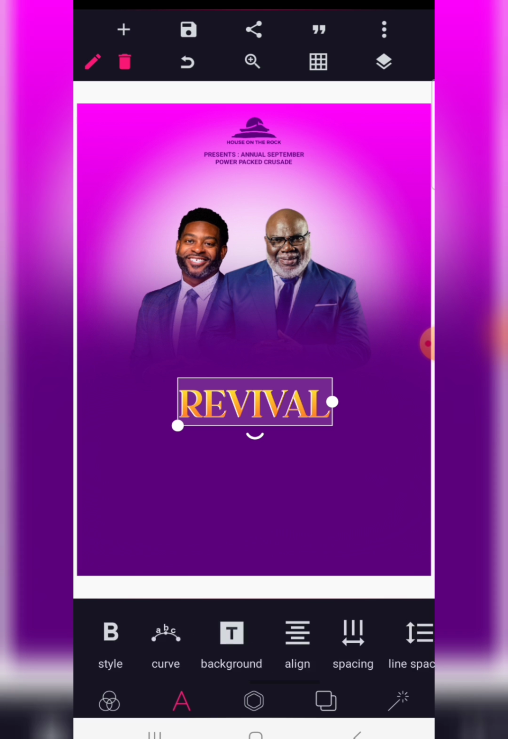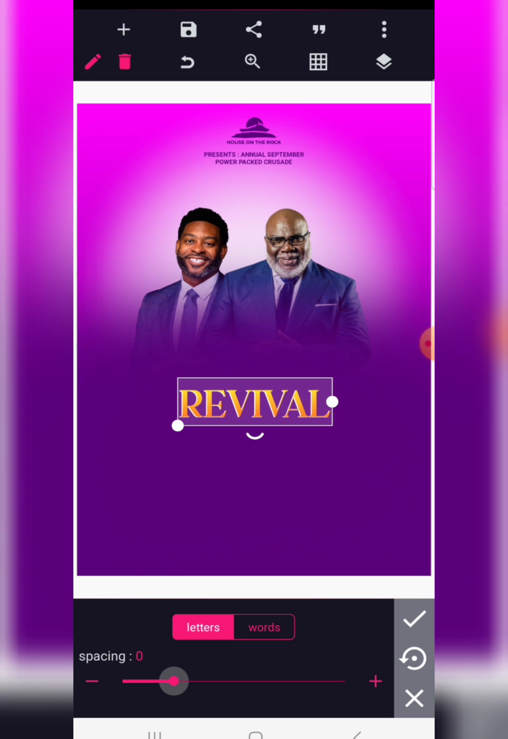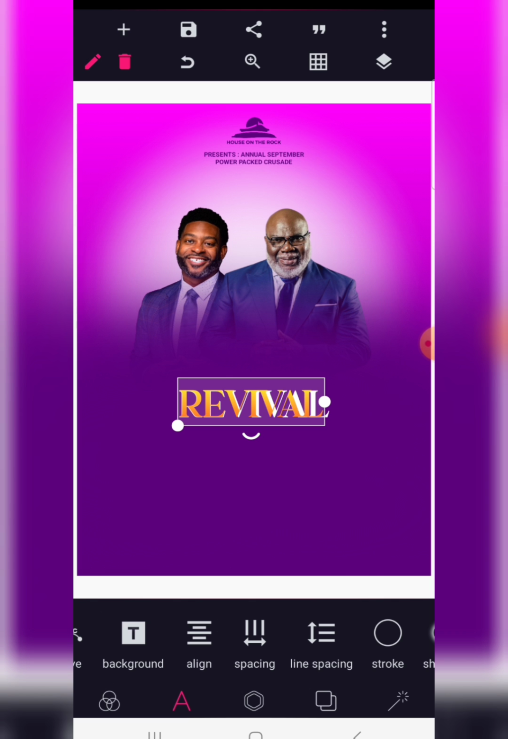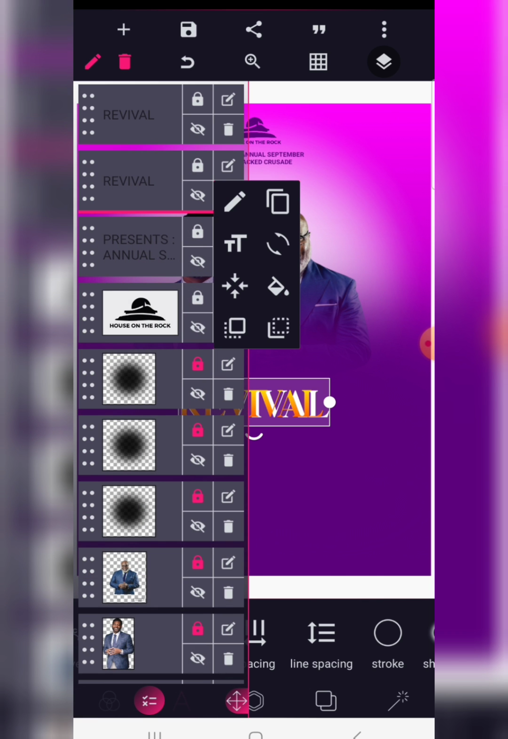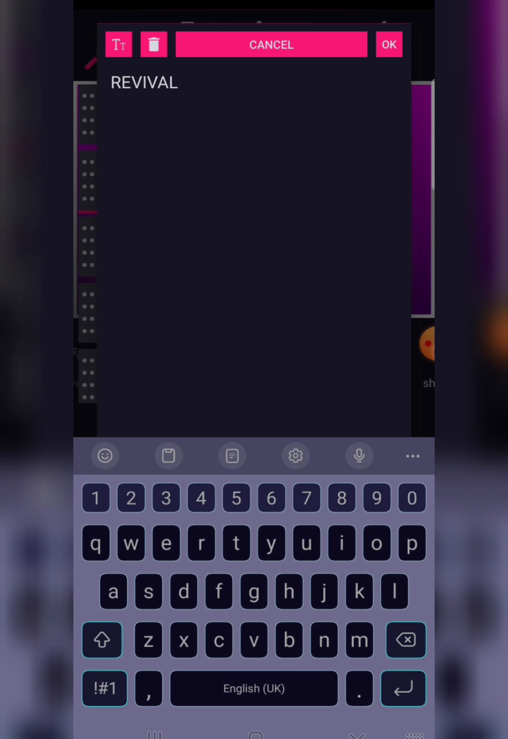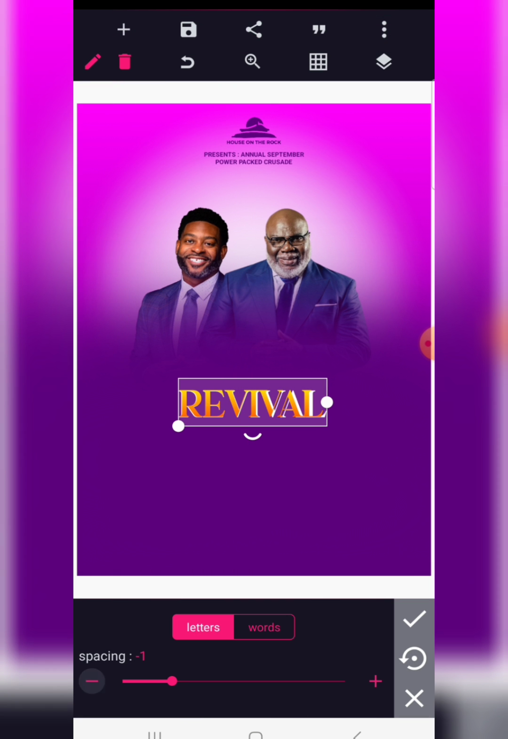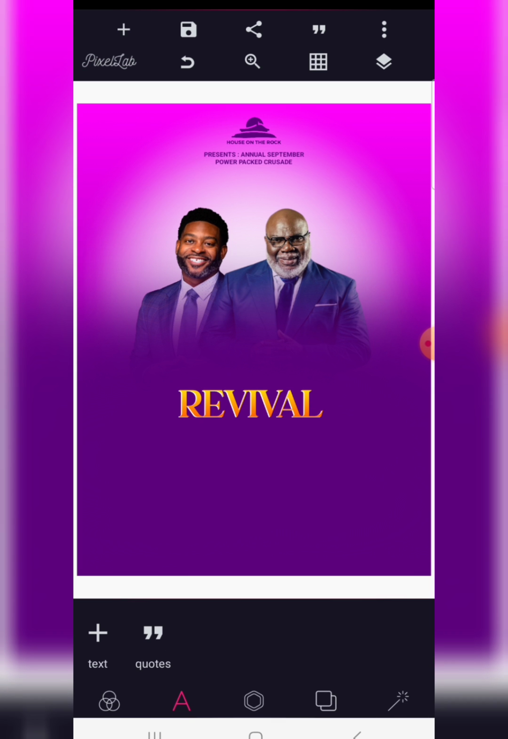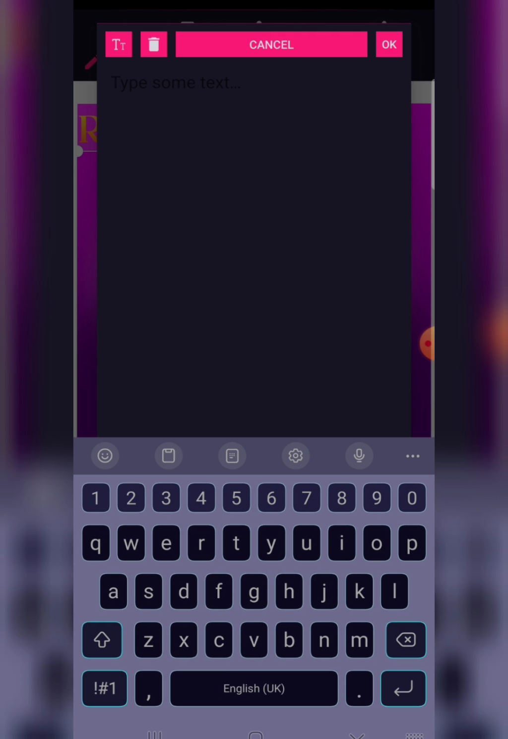Go to spacing, sorry, not line spacing, go to spacing, and let's touch down the spacing by -3. Then remember the first revival we wrote, we also have to touch its own spacing. So let's touch the spacing to -3 also, so that we can have something like this. Now I'll copy this up and write crusade